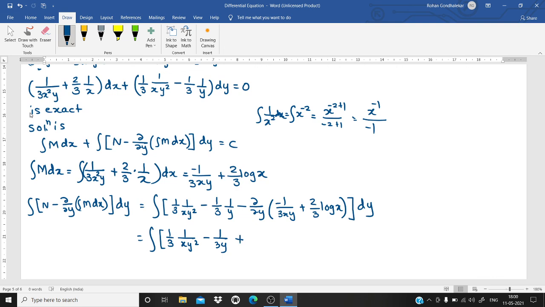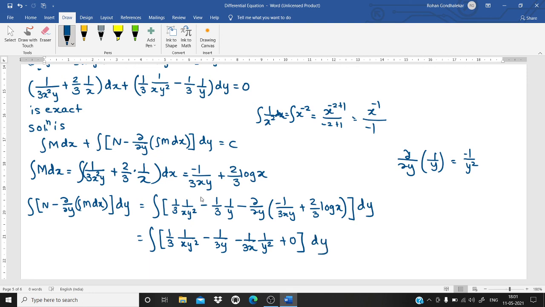Right now, see, there is a term 1 upon 3x which is constant. We are differentiating with respect to y. So dabba by dabba y of, look at here, what is the term of y here? 1 upon y. So what is its derivative of 1 upon y? The derivative is minus 1 upon y square. And here we have the plus sign. So hence what I am getting? Minus 1 upon 3x into y square. 1 upon 3x into 1 upon y square. Okay. And in the second term, there is no x present. So what? The derivative will be 0. So plus 0.